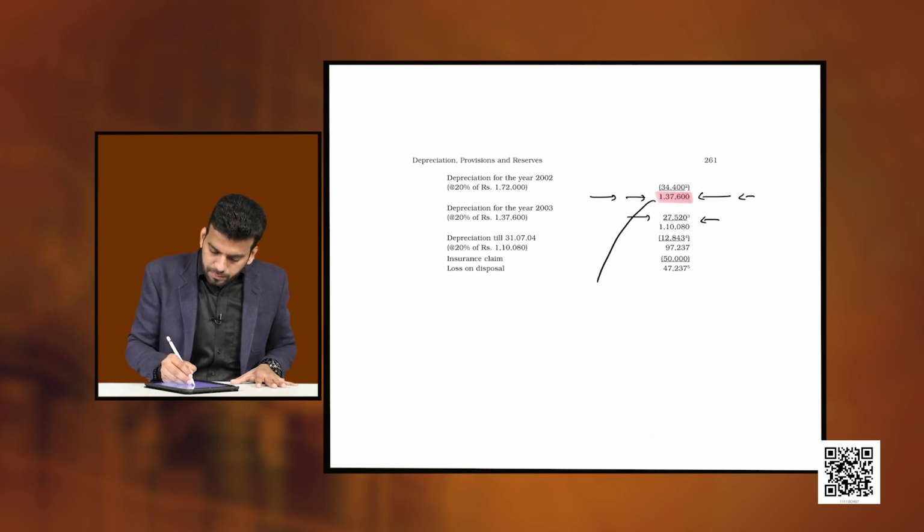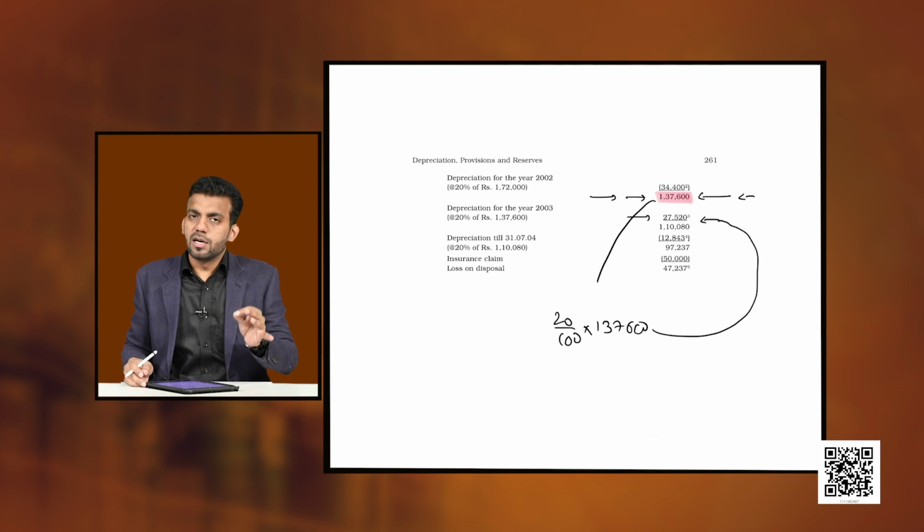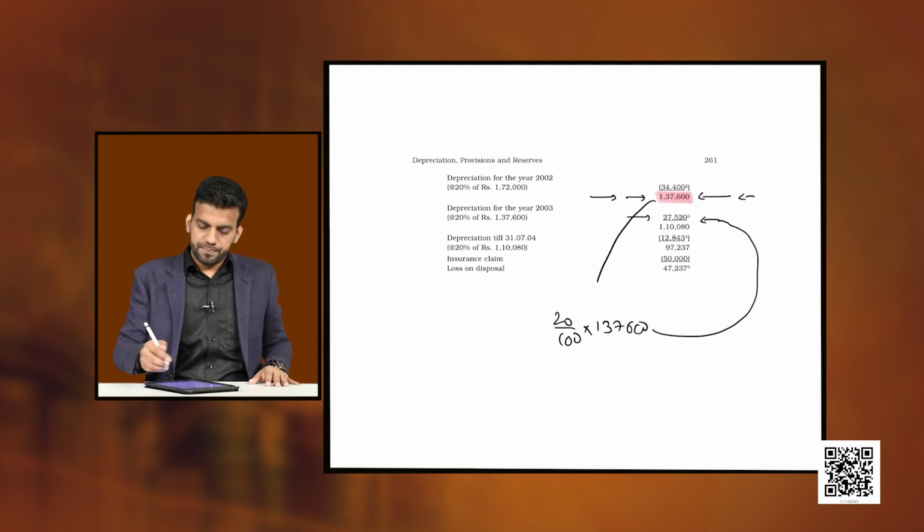20% of 137,600 makes it 27,520 for the third year's depreciation, and here we charge it 27,520. This is how we calculate depreciation on the reduced values year by year when we follow the written down value